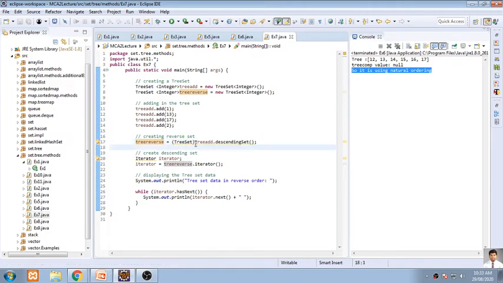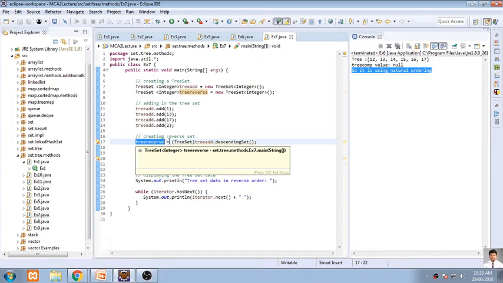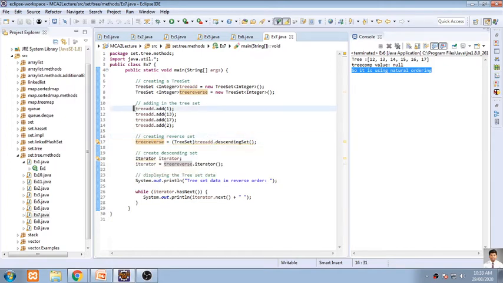Previously, whenever we used descending iterator, it was only for the purpose of displaying. Here, we'll be returning a value that will be added into another tree set. So we'll be adding all these values into this one, but it will follow a descending mechanism. Meaning it will first add 17, then 13, then 2, and then 1. So first I will display the previous value.